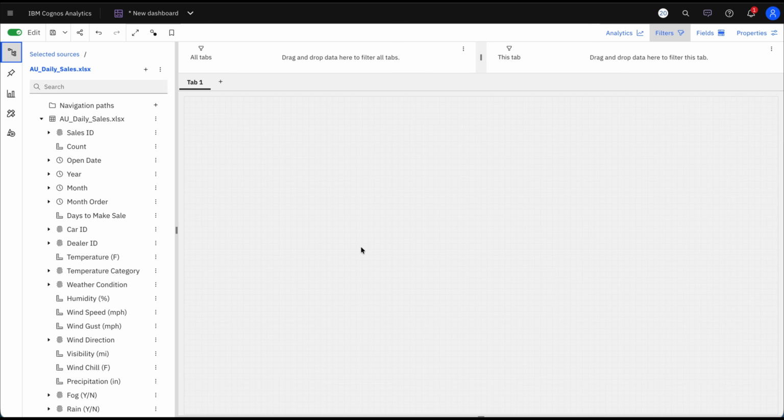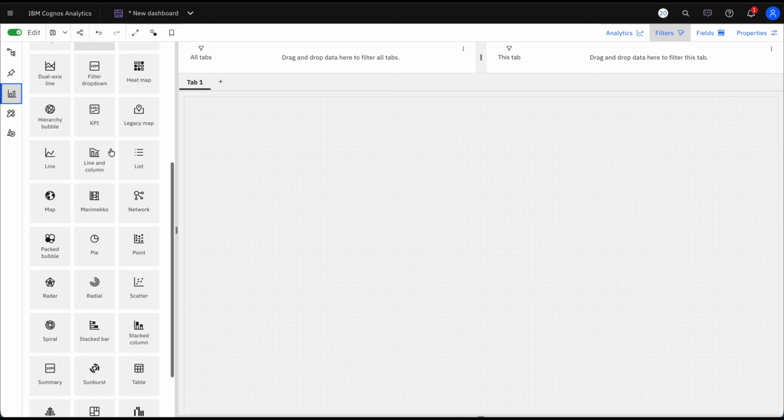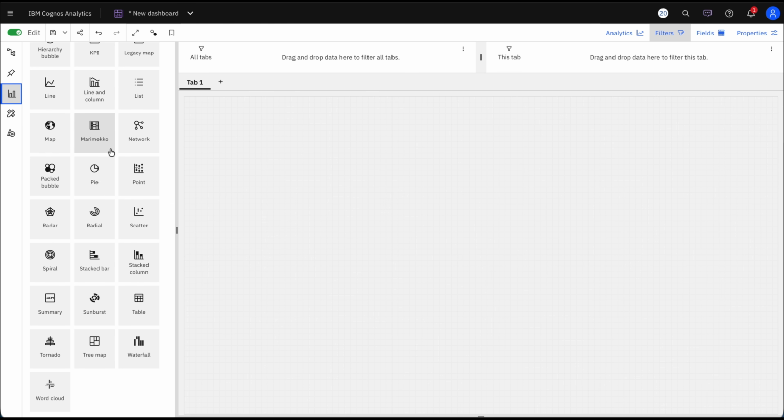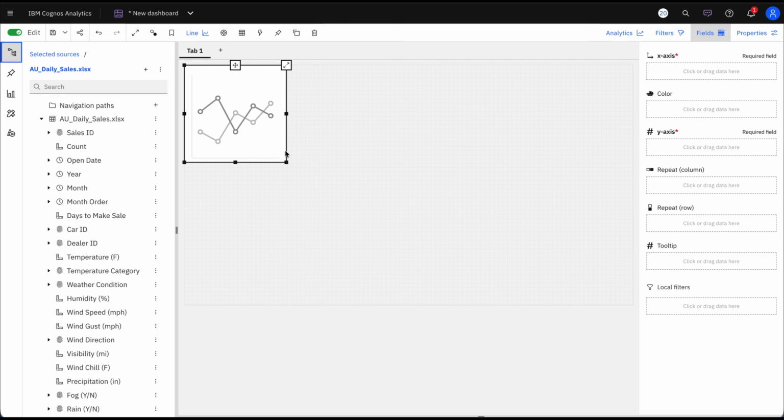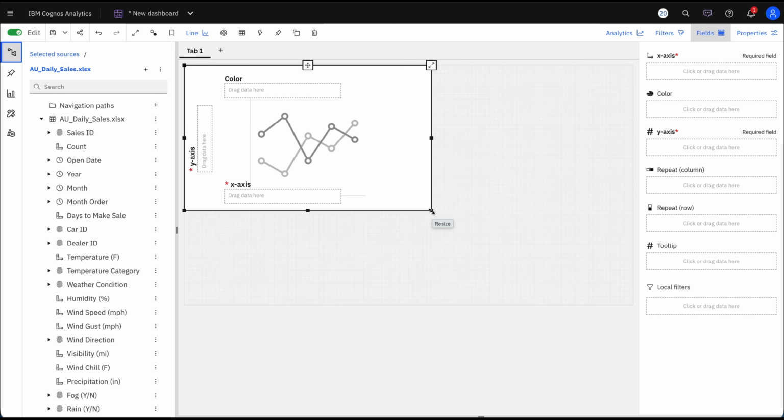Cognos Analytics offers a rich library of visualization tools. We can use bar charts, pie charts, scatter plots, heat maps, and more. Each visualization is designed to serve a specific analytical purpose. For this demonstration, we'll be working with the line chart, one of the most powerful tools for tracking change and